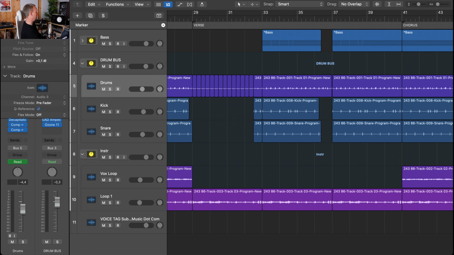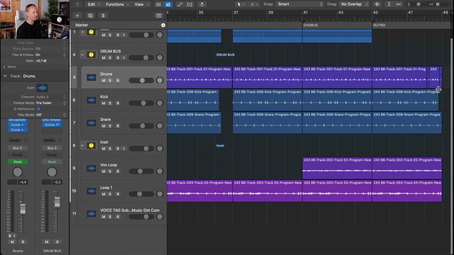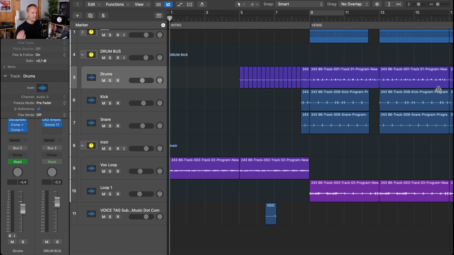Let's see how many BPMs we have. We have 86 BPM. That's pretty slow, and an 8-bar hook. And then comes an outro at the end. And this is basically just the chorus, and it fades off at the end with a low pass filter that just turns everything off. I like this arrangement, but as long as there is interest going on, you can do